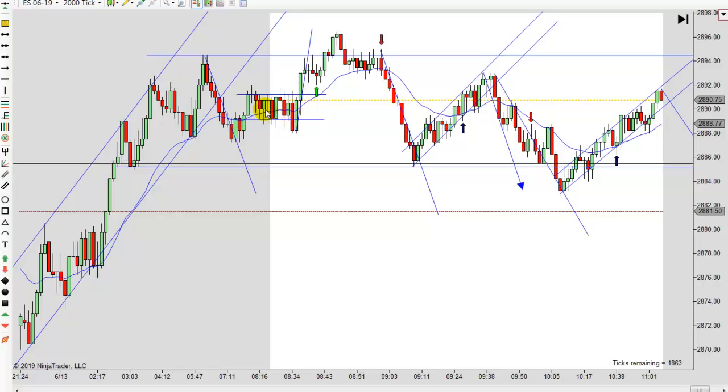There was a second entry long here, but there's a lot of overlap right there. If you went long right there and you got stuck in this, as soon as you got a chance to get out with a tick, I would have exited. I mean, even if you'd have given it a little room, if you entered here, generally you want to put your stop under here. So you probably would have got stopped out of that trade.